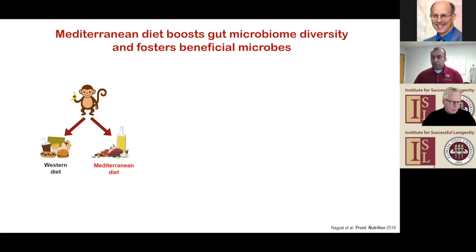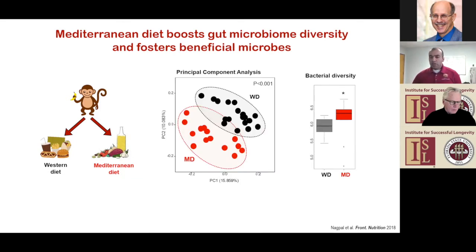And these monkeys were maintained on these two diets for a very long time, like 1.5 years. So it was a very long and tightly controlled study. And we scanned their microbiome after this experiment. What we found clearly was that the monkeys maintained on a Mediterranean style diet had a very different composition of the microbiome compared to monkeys that were maintained on a Western diet. Clearly, the monkeys on a Mediterranean diet had a significantly increased microbiome diversity. So their microbiome was more diverse compared to the other group of monkeys.